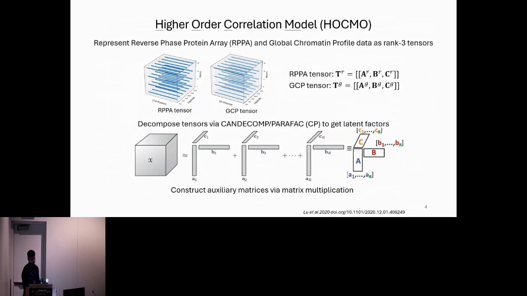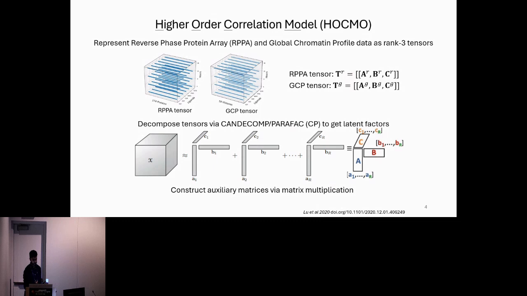To do this, we needed a mathematical model that allows us to model these different modalities of data together so that we can extract the onset of regulation signatures and the pathways involved using a systems approach. And so we created HOCMO, the higher order correlation model. This is a highly interpretable and self-supervised learning method to study complex inter and intra-pathway cellular signaling networks.